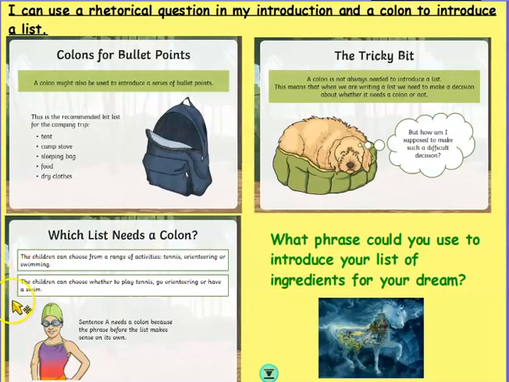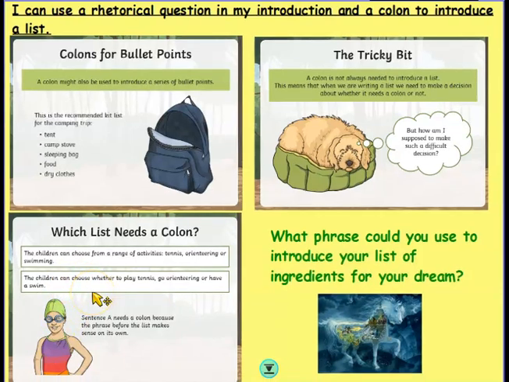Now in this one, the children can choose whether to play tennis, go orienteering, or have a swim. The children can choose whether to doesn't make sense on its own. Play tennis, go orienteering, or have a swim. You don't need any punctuation after to. The children can choose whether to play tennis, go orienteering, or have a swim. So you don't need a colon in this one. So, as it says here, sentence A needed a colon because the phrase before the list made sense by itself